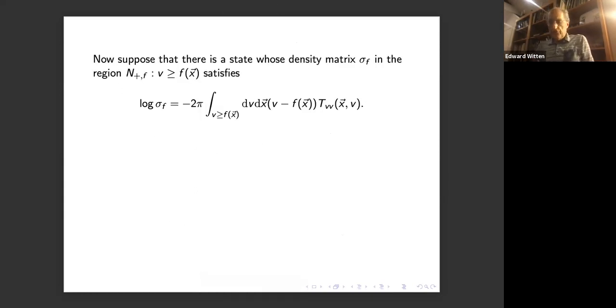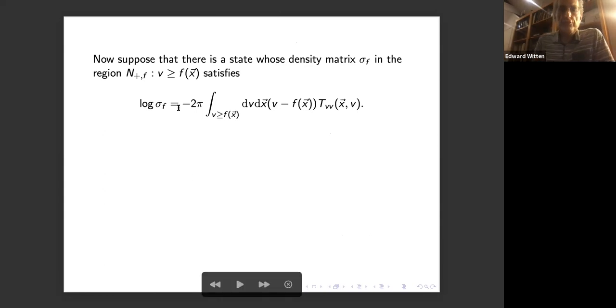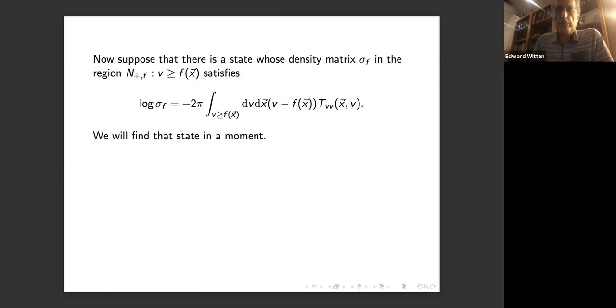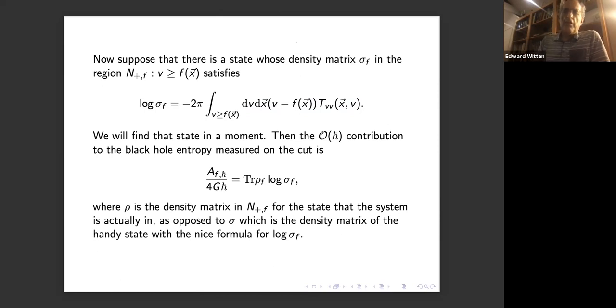Now suppose there's a state whose density matrix sigma f in the region to the future of the cut satisfies log sigma f is minus 2 pi times this integral here that we just ran into. We'll find that state in a moment. Then the order h bar correction to the black hole entropy measured on the cut is just, well,